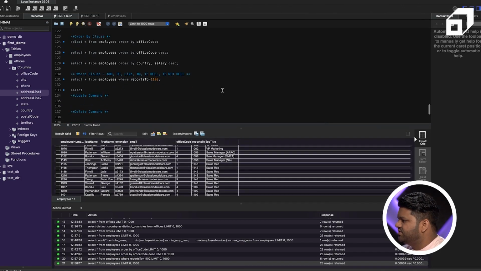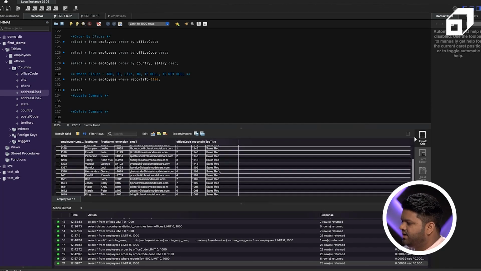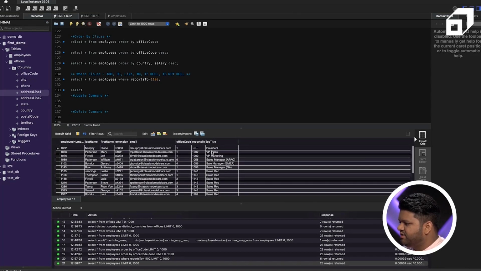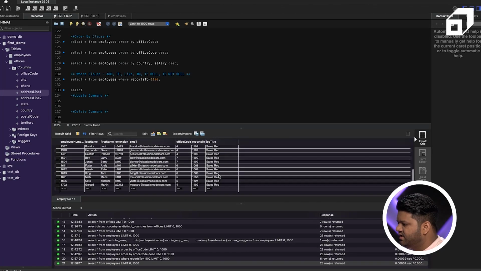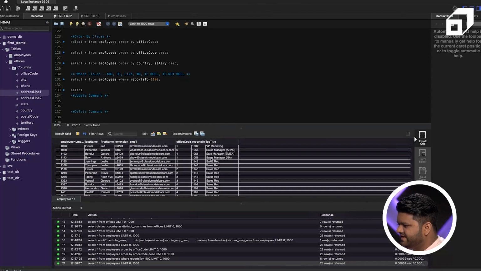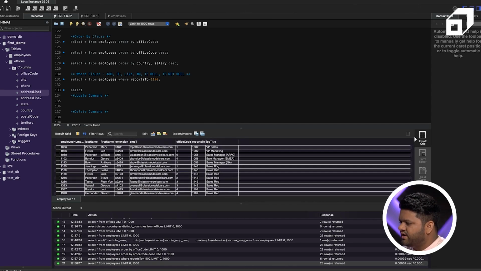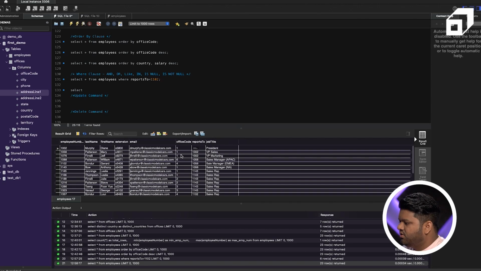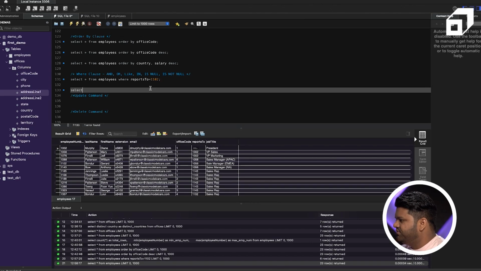Now let's check what we can use for our AND part. We can see multiple designations like president, VP of sales, VP of marketing, sales representative. Specifically, if we look at this, the sales manager and sales representative, these two people with these respective designations are working in office code 1. Office code 1 eventually has multiple designation folks, correct? So let's say if we want to filter out these records, select star from